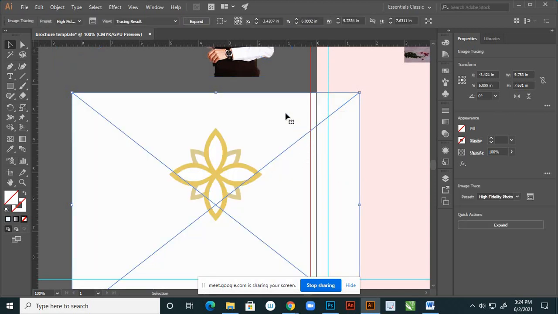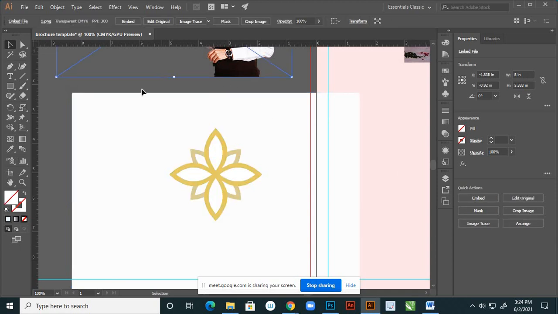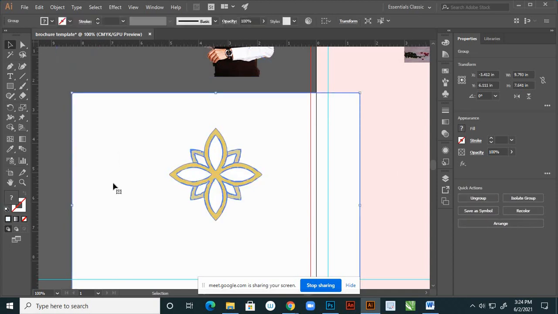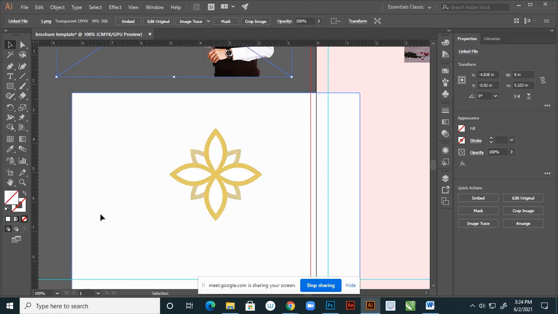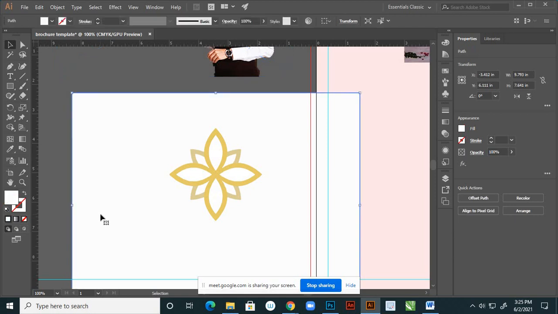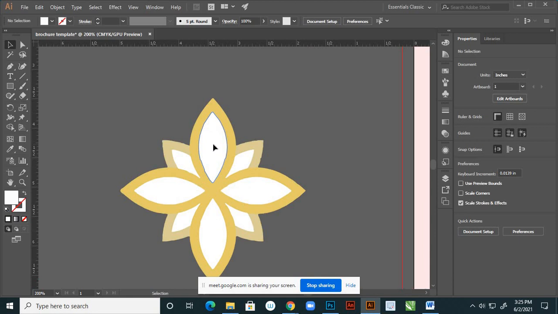Yes, but here, see, Expand. In Properties, use this Expand button. It is expanded, right? After expanding, select this portion and, suppose, here Ungroup. So each portion is now separated and deleted, right? And these portions also, you delete this one.